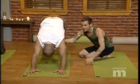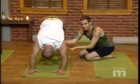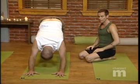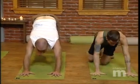Take one more big inhale and start to become aware of the tension in the shoulders. With your last exhale, start to find the dome of the armpit, and I'll talk more about that in a moment. At the end of this exhalation, weight shifts back and then comes forward, hopping or stepping to the front. Big toes together. Inhale,